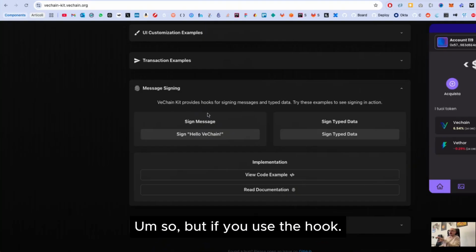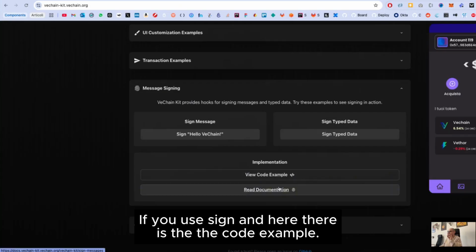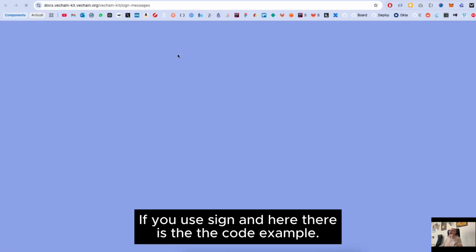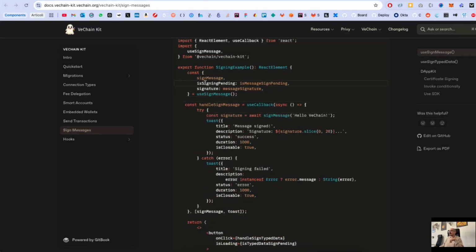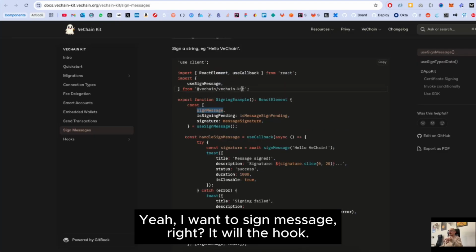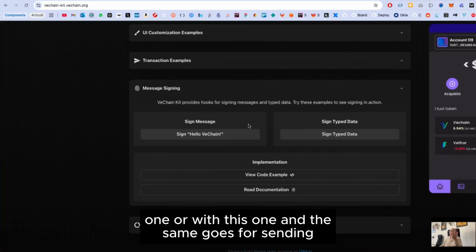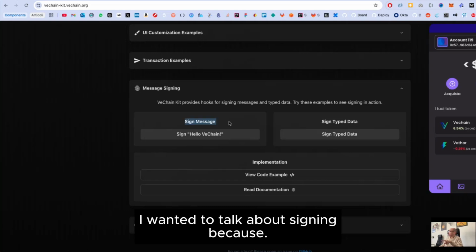But if you use the hook, if you use sign, and here there is the code example. So if you want to sign a message, the kit itself will just understand that it's connected with this one or with this one. And the same goes for signing transactions. But why I wanted to talk about signing,